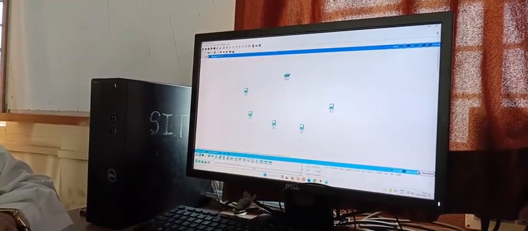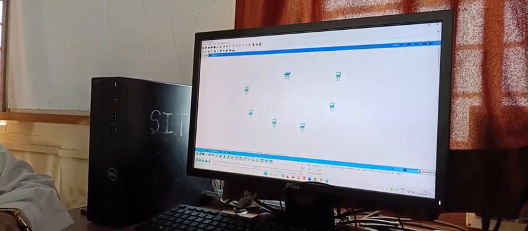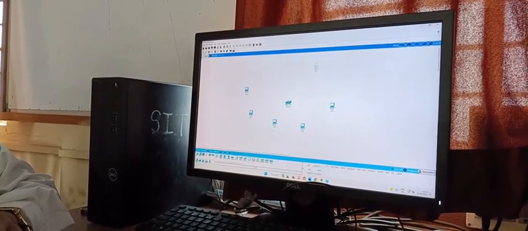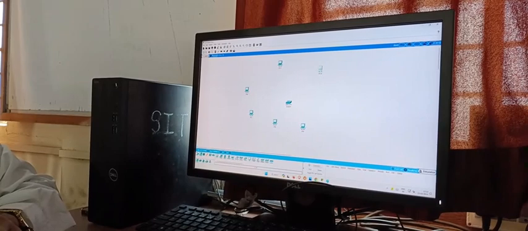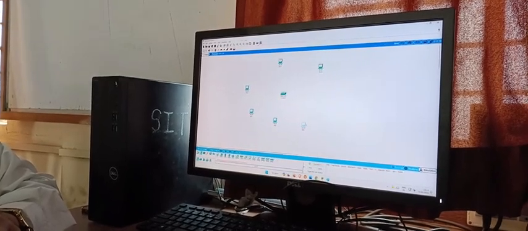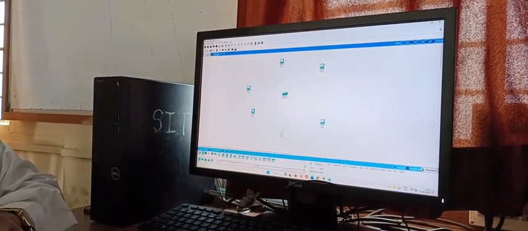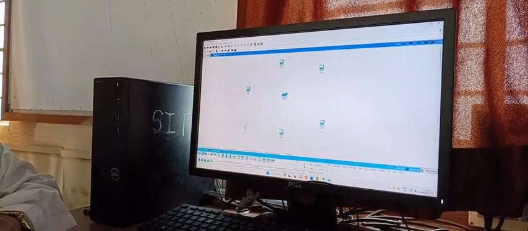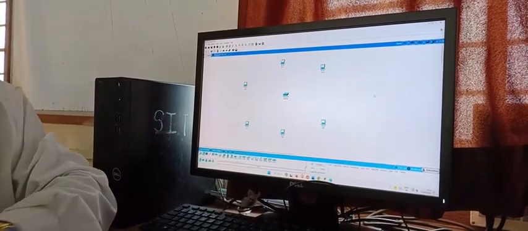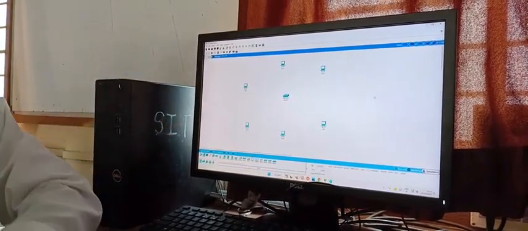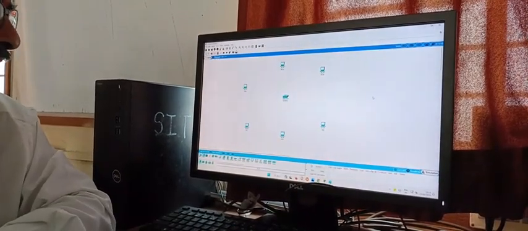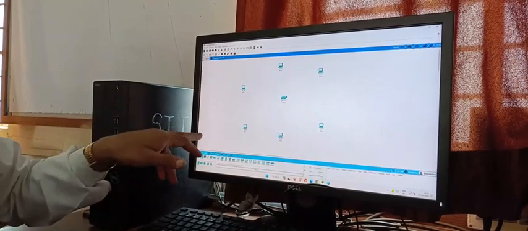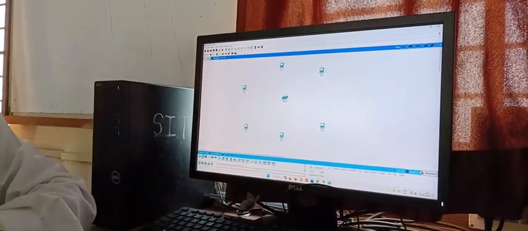The configuration I am going to show should look like a star, because I am considering the star topology, and for that reason I am arranging all the devices likewise. We can arrange the devices in a sequential manner as well. So like this I selected n number of devices here.